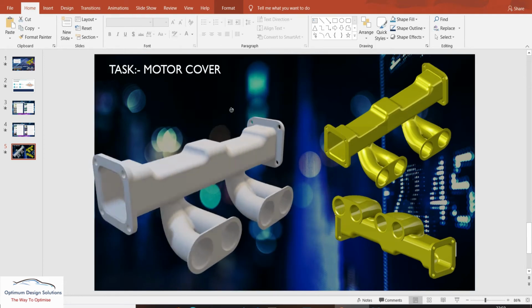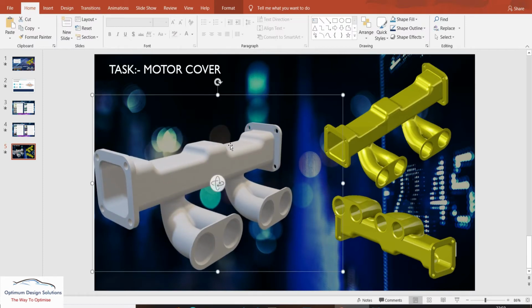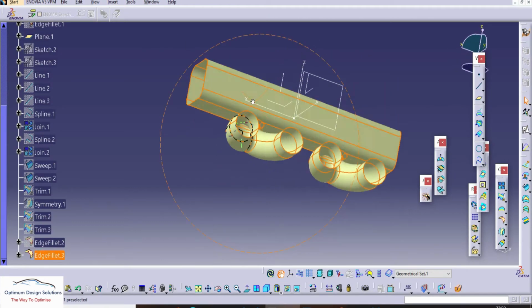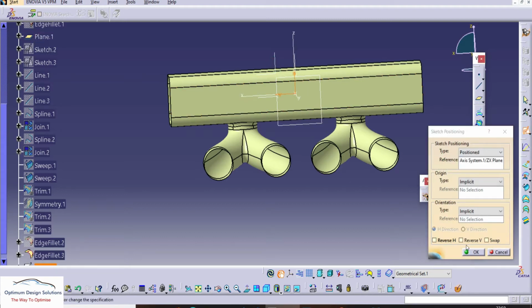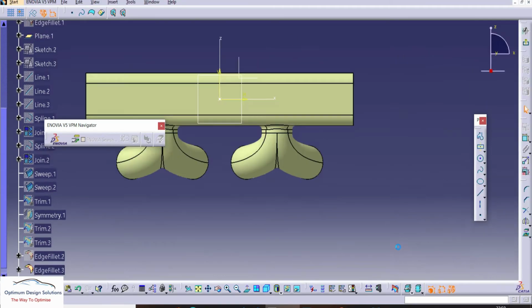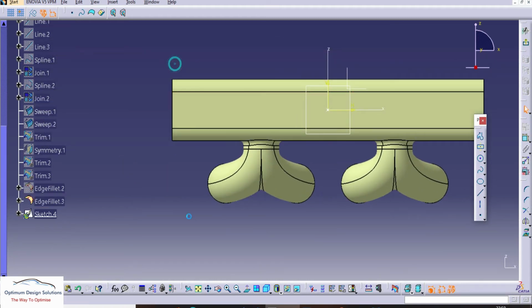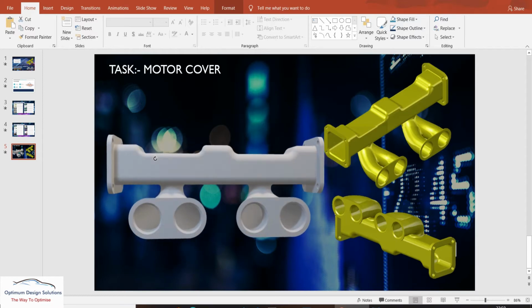So now let's move towards the pocket, which you can see here. So the internal part gets removed, so let's design those pockets. Those pockets are just above the joinery, you can see here.